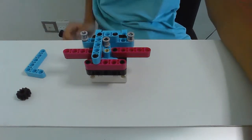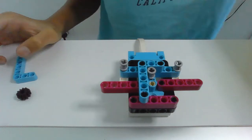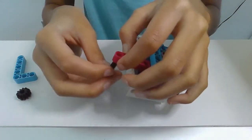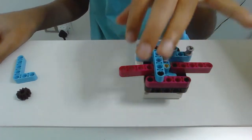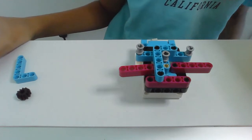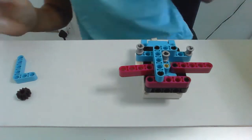So now comes the interesting part. You will need another 3-module split axle and this time you will need an angular beam. This angular beam will be